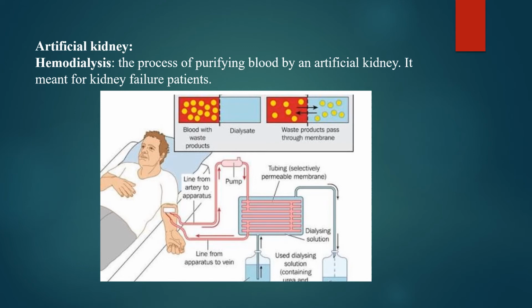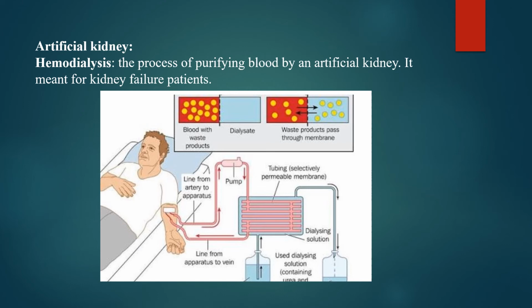As we know, kidneys are vital organs for survival. Several factors such as infection may reduce the activity of the kidney. This leads to the accumulation of poisonous waste in our body, which can even lead to death. In case of kidney failure, an artificial kidney can be used. An artificial kidney is a device to remove nitrogenous waste products from the blood through dialysis. How does the artificial kidney work?